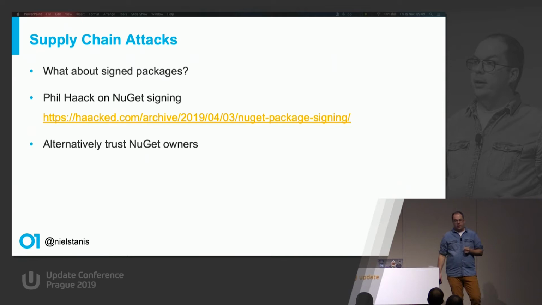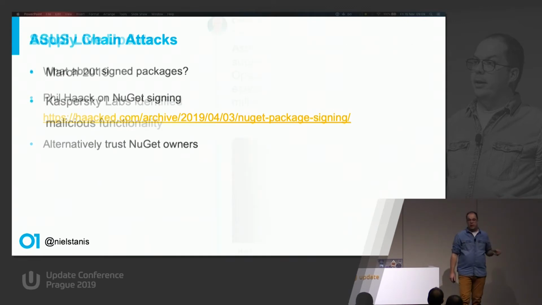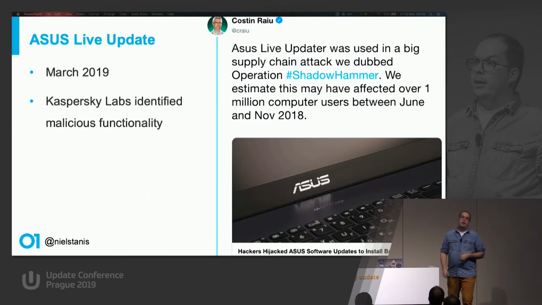If we then look at alternative ways, there is an alternative way to trust NuGet owners, saying, hey, these are the owners that I would allow my app to use packages from. That's the alternative. But keep in mind, would signing packages be a good solution? Not necessarily, because if we look at an issue that happened in March of this year,